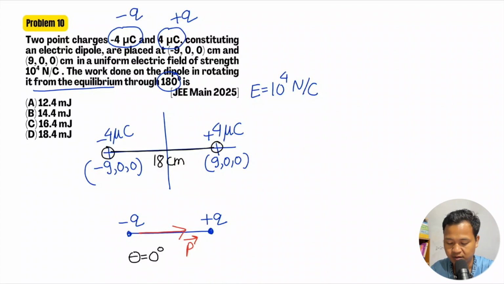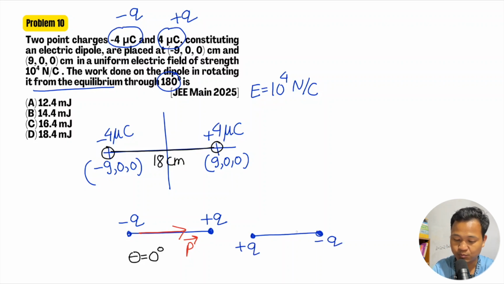The angle between the electric field and the dipole, with the electric field along the x-axis. Now we are going to rotate this by 180 degree. So here you'll have plus Q, and here you'll have minus Q. The dipole is now reversed, so P. When you rotate it by 180 degree,